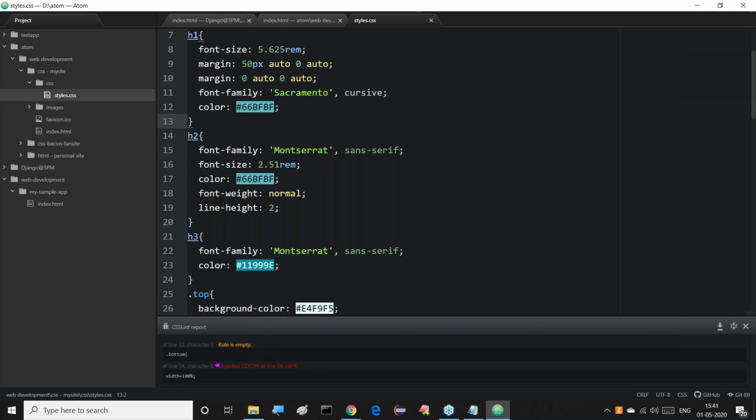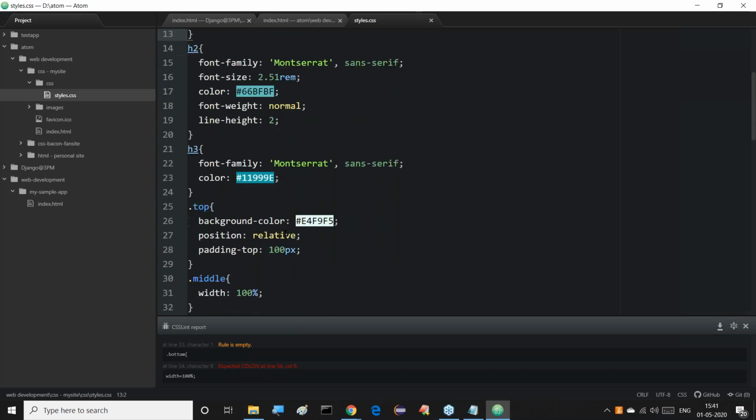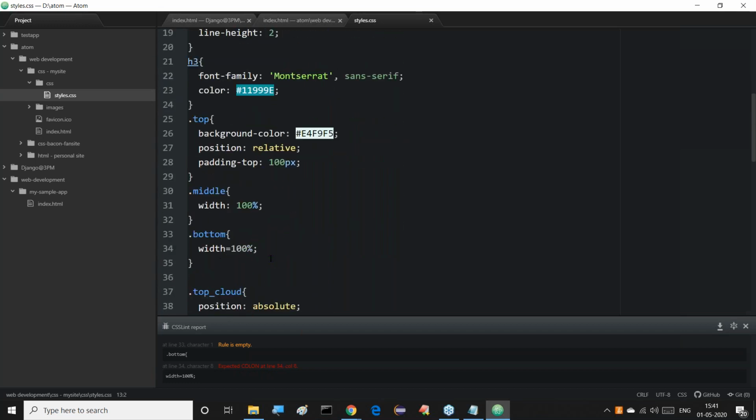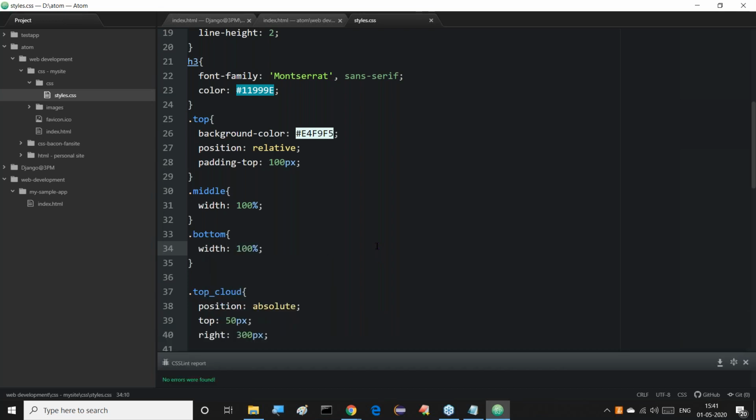See, the bottom is empty or middle, something is width is 100, something else here. So we are able to get all these things: expected column at line 34 and column 8, message we are getting. Of course, we are getting this in a bit lower font here. But in our personal use, we are able to see this effectively, at line number 34 and column 8. Line number 34, colon is required. But here what I provided, sir, is equal. So colon is required here. So that's it. This type of error messages we are able to get anyway.